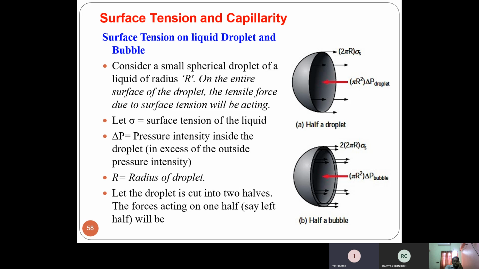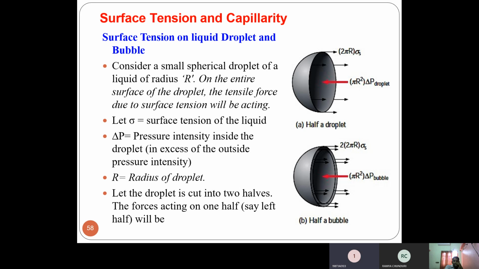Surface tension sigma is equal to tensile force by length. Then by cross multiplication, tensile force is equal to surface tension into length, 2 pi r. So this 2 pi r sigma force is acting along the entire